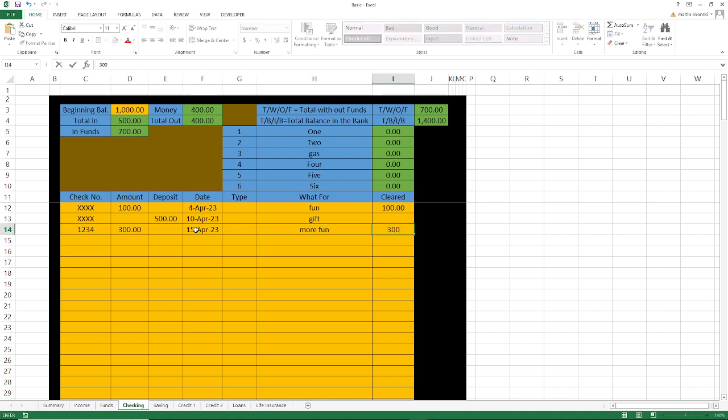Now, as soon as I hit enter, you can see everything changes, except for money. That will stay the same. So basically what it is, that changed and this changed. Now, since it cleared the bank, this is the correct number for the bank. This should always match your bank. And the money that's your spending money. And in funds, that's what's in your funds.